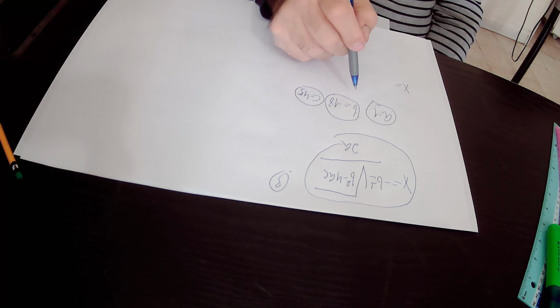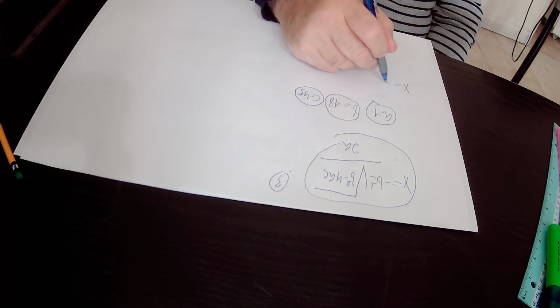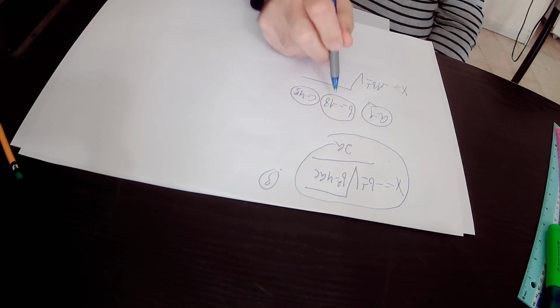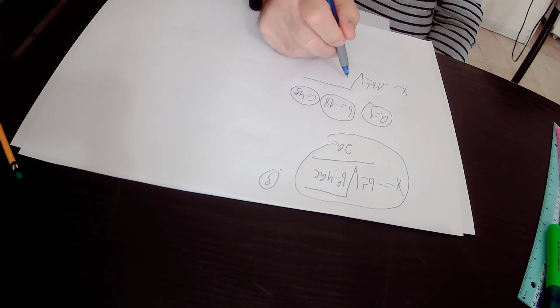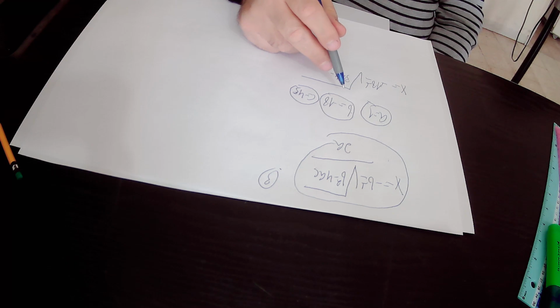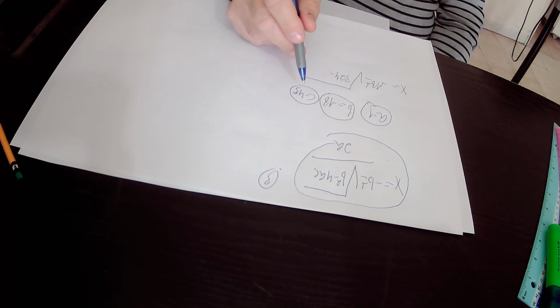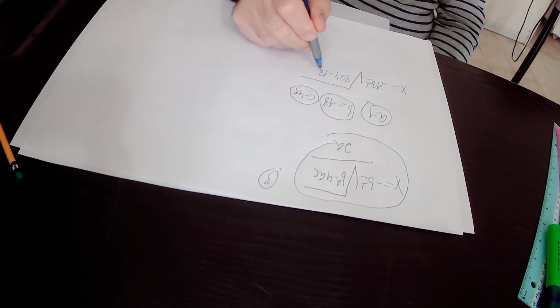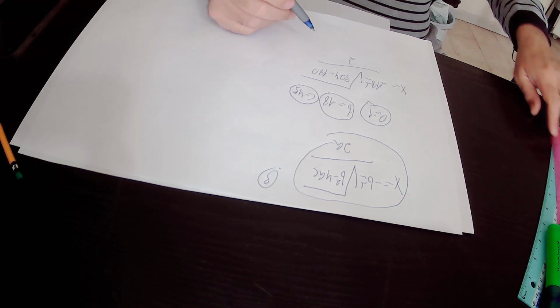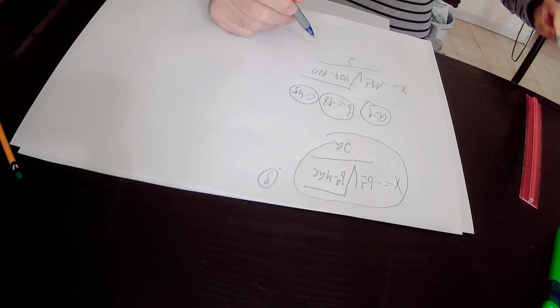B is minus 18, so minus b is minus 18, that is plus 18, plus minus square root of b squared. B is minus 18, so b squared is minus 18 squared, that is 324, minus 4 times a is 1, so minus 4 times 1 is minus 4, times c, that is 45, so minus 4 times 45 is minus 180 over 2a. A is 1, so 2 times a is 2 times 1, that is 2. So we found out that